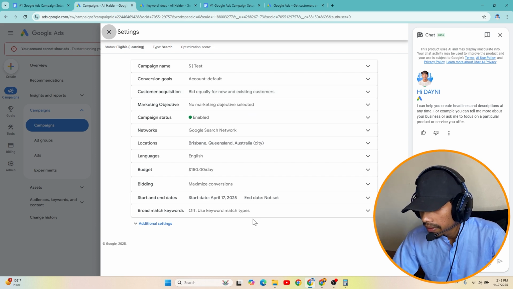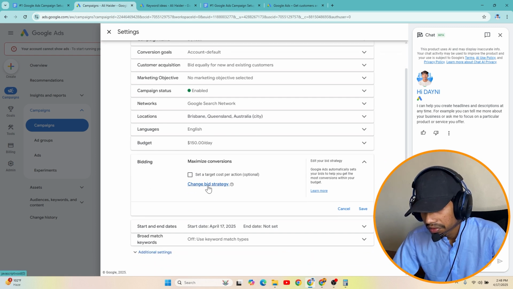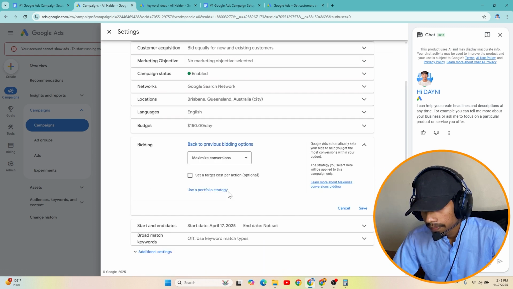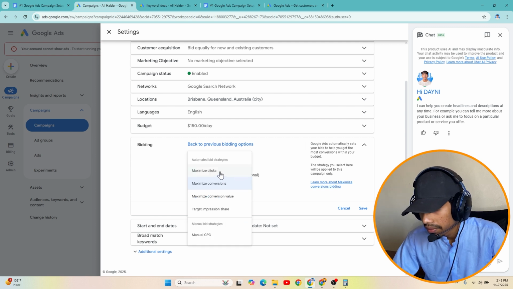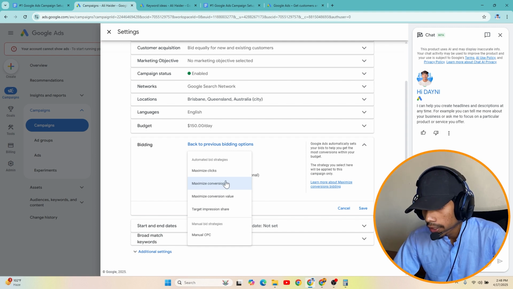Here you can see the bidding option, and click on this change bid strategy. Now you can see we have all the bidding options. If you are just starting out and you don't have any conversion data in your account, always start with maximize clicks or manual CPC.